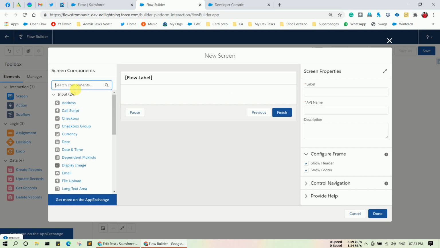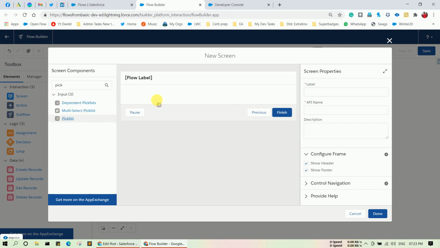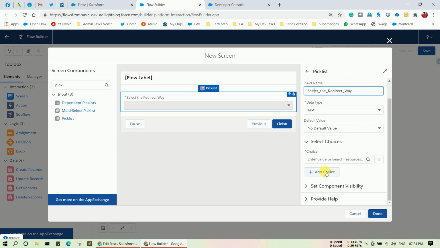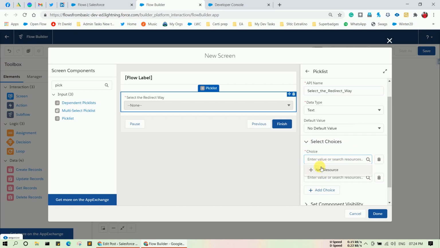Here I'm going to use the picklist component. Simply drag and drop the picklist over the canvas and type the label: select the redirect way. Provide the data type, which is text, and here you have to provide choices. Click on add choices, and in the first one click on new resource.